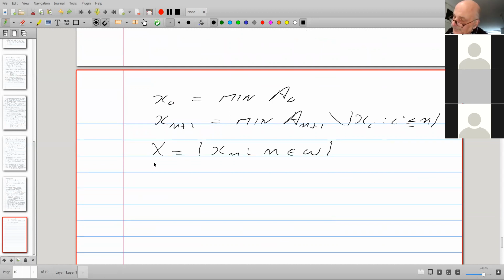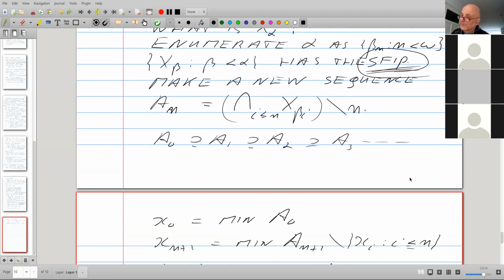Then if we take the complement of A_n with respect to X, what are the points in X that do not sit inside A_n? There's only this many of them. The A_n form a decreasing sequence of points. So x2 is here, x3 is here, so x3 is also in A2. x4 is also in A2, and so on.